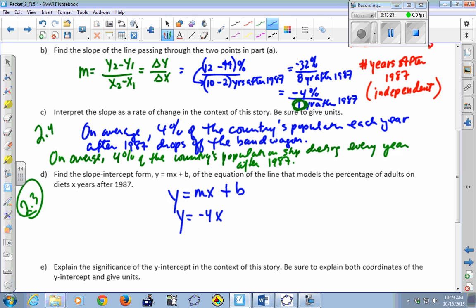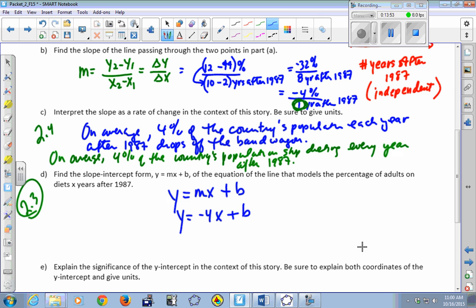-4. Okay. So now I'm sort of stuck a little bit, right? Because right now I have an equation and I have to solve for b. And the only way I can solve for b is if a little birdie comes and sits on my shoulder and tells me a value for x and a value for y. That would be a point that lies on that line. Okay, so I happen to know 2 points that lie on that line. I know the point